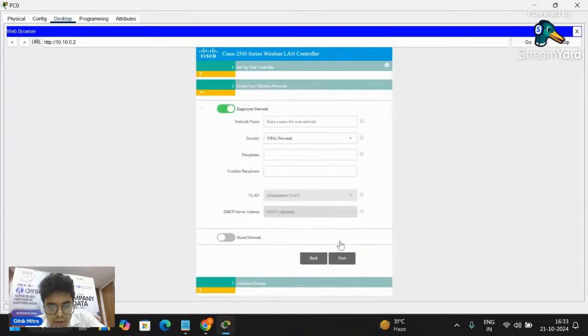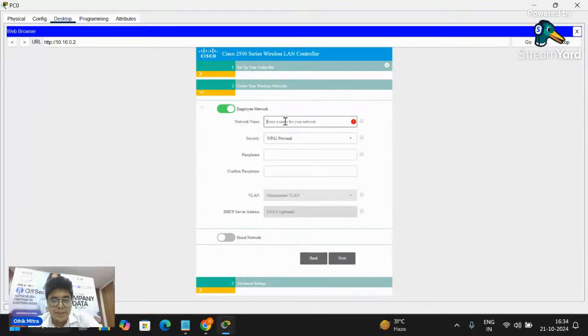Next, we need to enter the name of my access point. The name of the access point is called SSID. When we visit a friend's or relative's house, we ask, please provide me your Wi-Fi password, right?